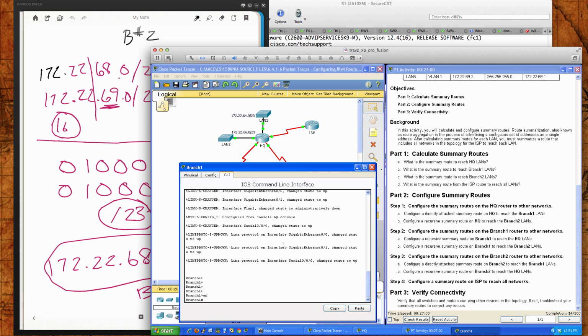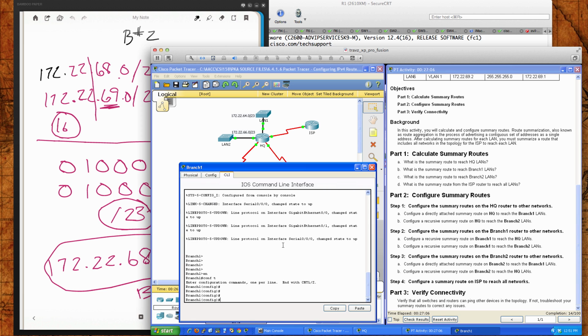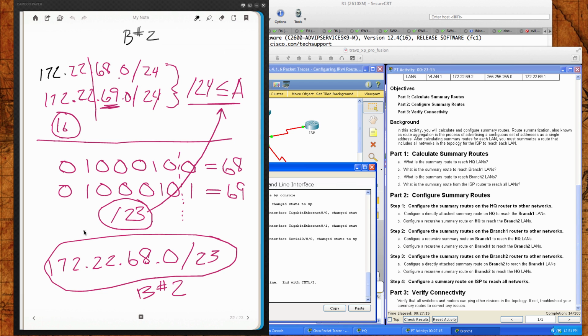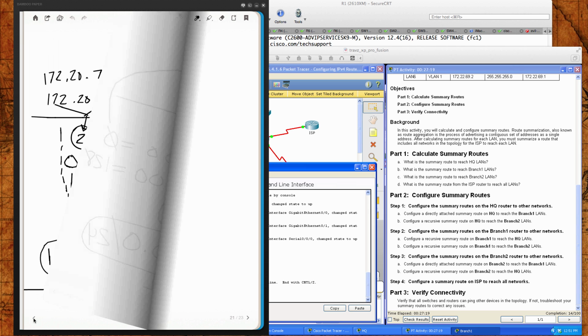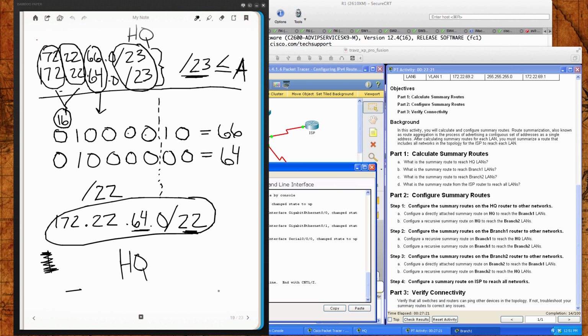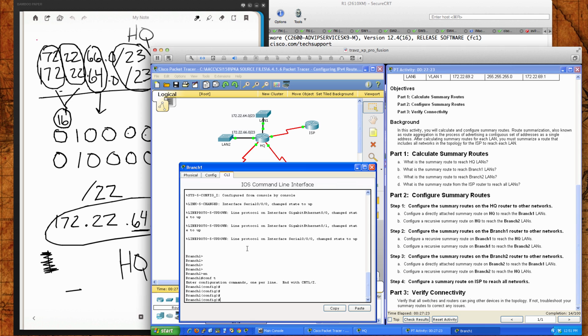So we'll go from user exec into privilege exec, and we're going to move from privilege exec into global config, and I'm going to say we need a recursive summary route on branch 1 to reach the headquarters LANs. And so we know, looking at the summary of the headquarters LANs, I think we did that first, and there they are. So we'll pull those guys up. So I'm going to say IP route, and we're trying to get to